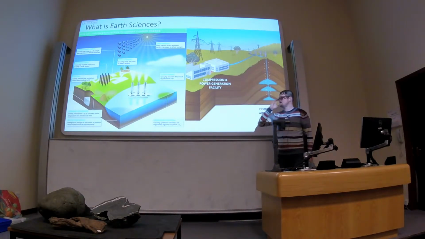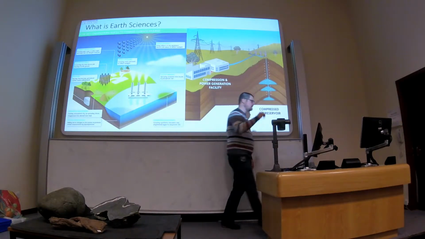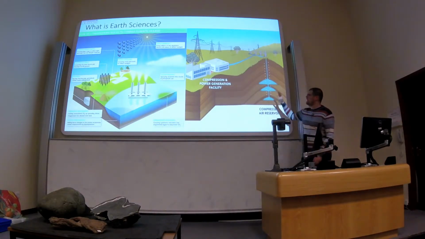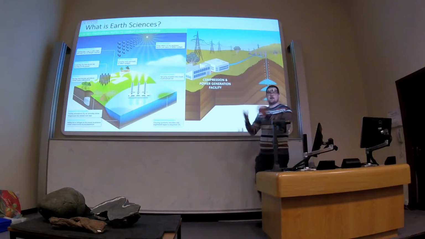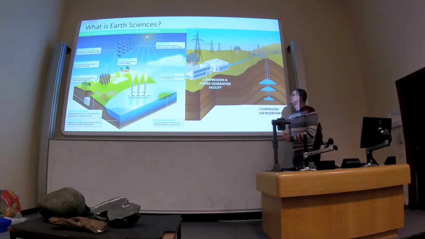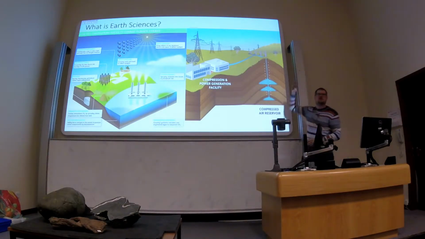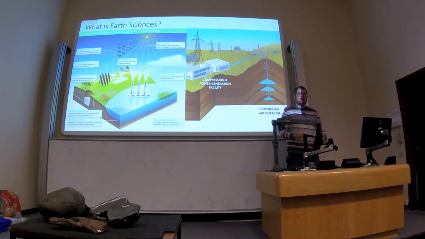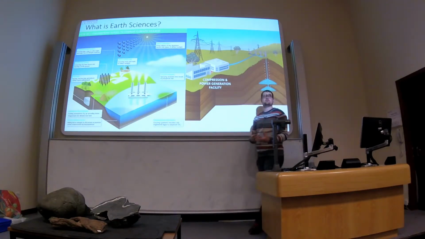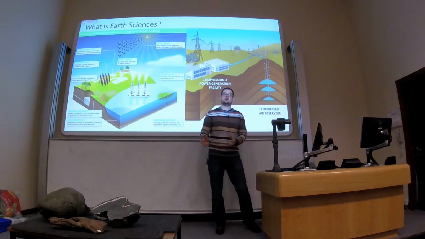Kind of related to this idea of sucking CO2 out of the atmosphere and putting it in the ground, there's this idea of energy storage, which is something that the people in Edinburgh are working on quite a lot. If we want to have nice renewable energies, you might be able to see some wind turbines up in the top corner of this diagram. Renewable energies like wind turbines are great, but quite often they're really intermittent. The wind blows, and then it doesn't blow, but you need electricity all the time.